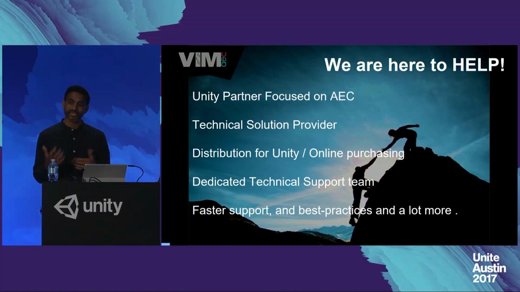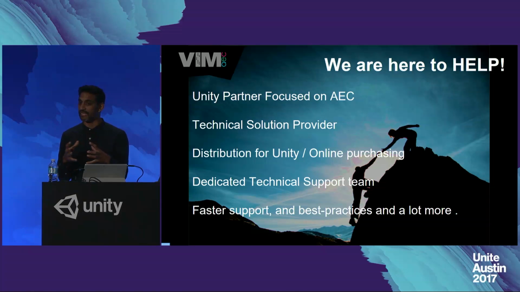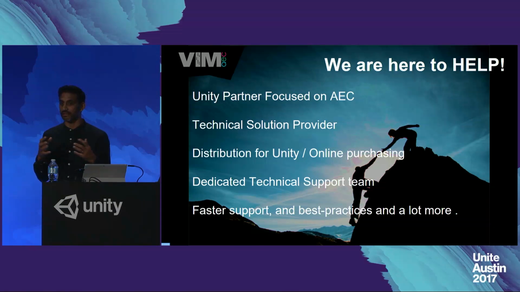But we have a dedicated support team, so if you have any questions, we can help you on that side. We can help find the right solutions on the licensing side for you as well. But also, a lot of our team are from the AEC community, but we've also got a mixture of gamers within there who have been using Unity for a while. So they know some best practices. They've been through the grind of being stuck where data hasn't come in, or how to optimize that data to be more efficient inside of Unity and so forth.